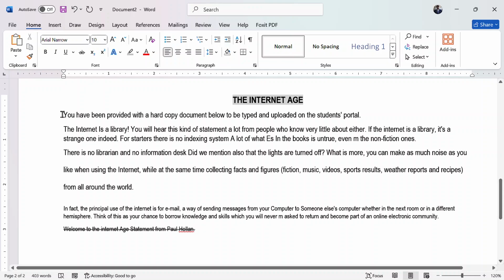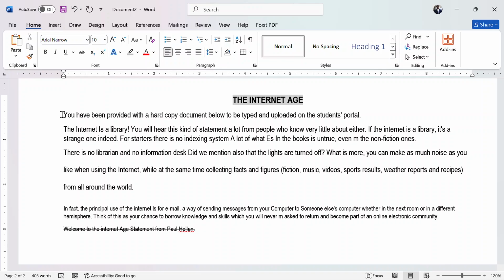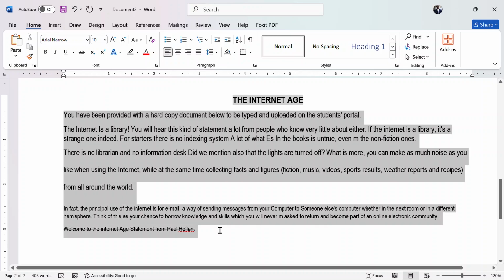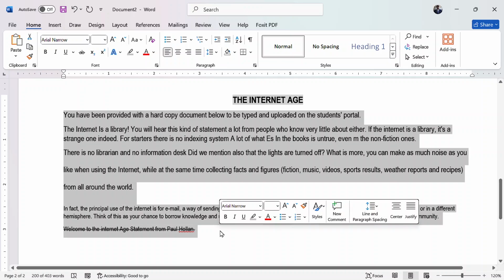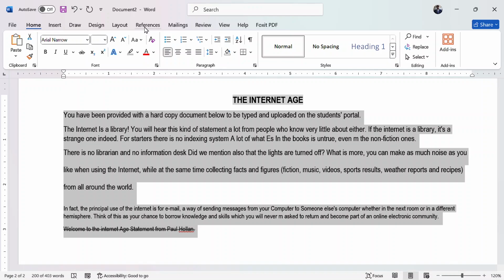But this time around, we want to apply the footnote of the author of the document. It is not on any of the words or phrases in the paragraph or in the passage, but actually to the whole passage. So I will select the whole passage, and then I go to the references tab.